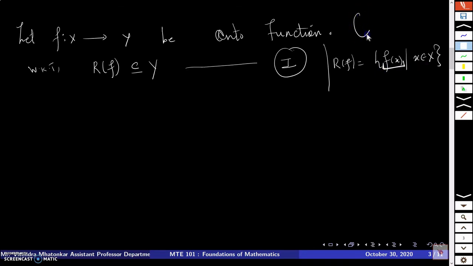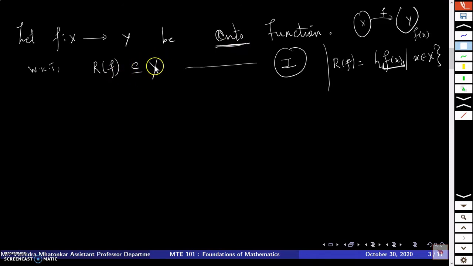Right, you start with a domain X here and you have the codomain Y. So to each point in X you have the corresponding images in Y, that is f of the points from the domain, that's f of x. So range of f is always a subset of the codomain, that's Y. Now if f is an onto function, can I get anything more from this?